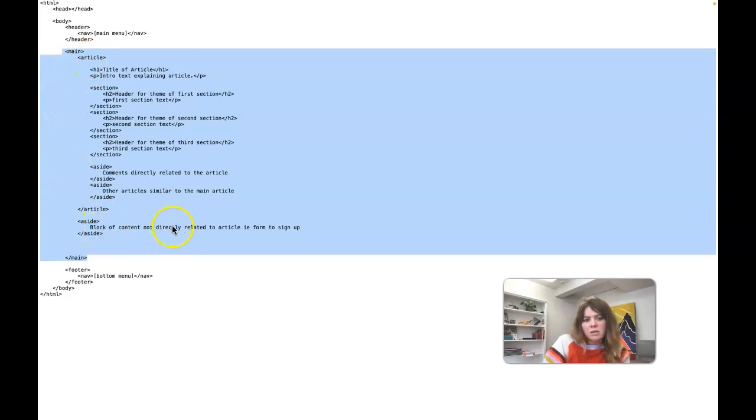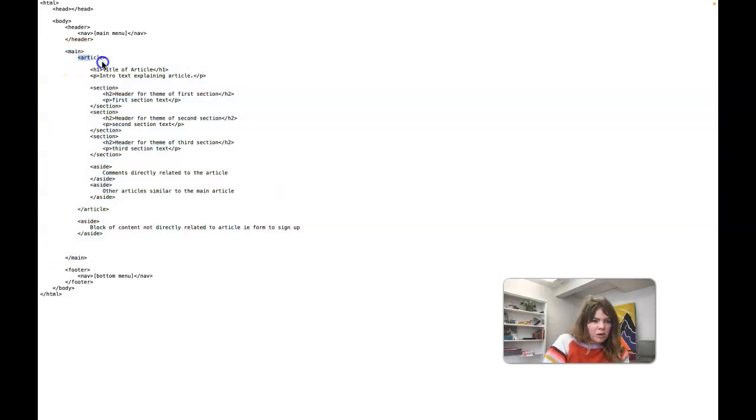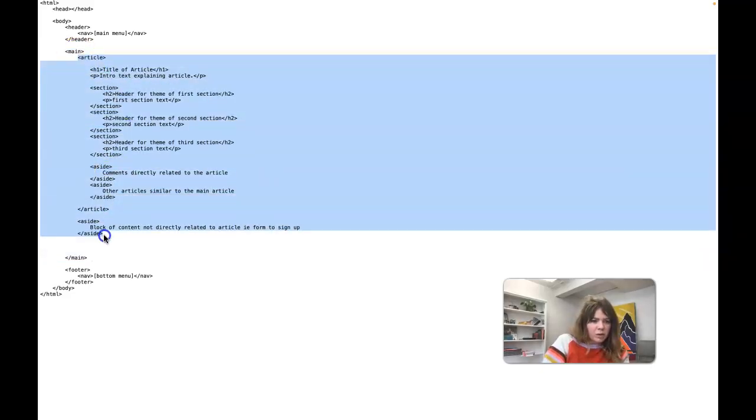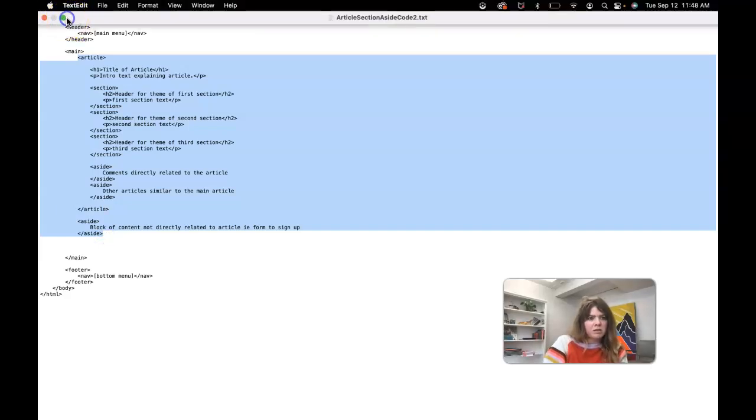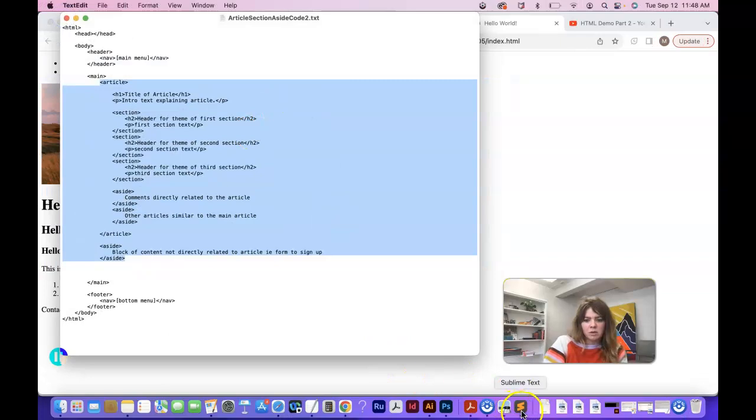Block of content not directly related to the article, i.e. a form to sign up. So the aside tag is really kind of fluid and you can use it in a lot of different ways, but let's go from article all the way down to this aside text and do Command C to copy this, okay? And then we're going to paste it into our Sublime Text, HTML